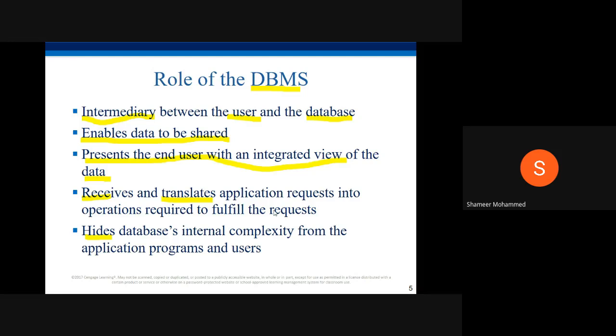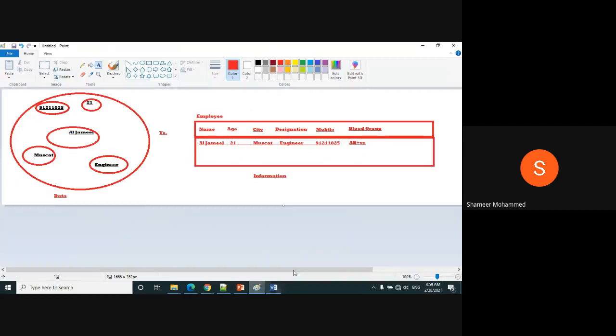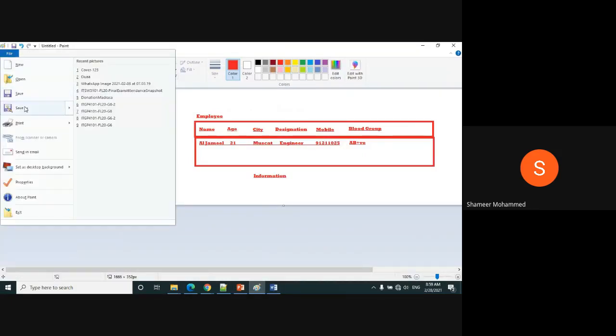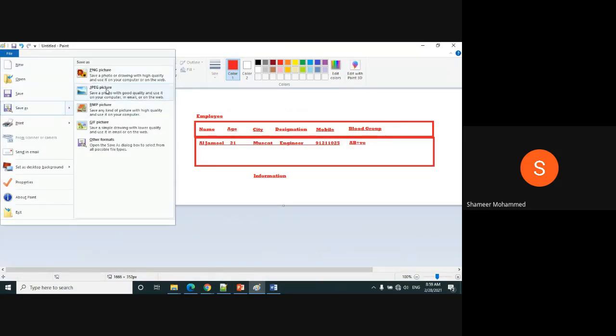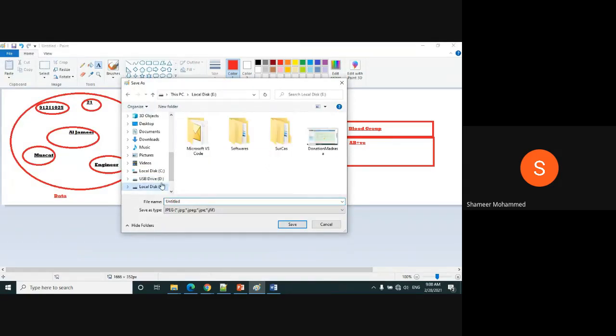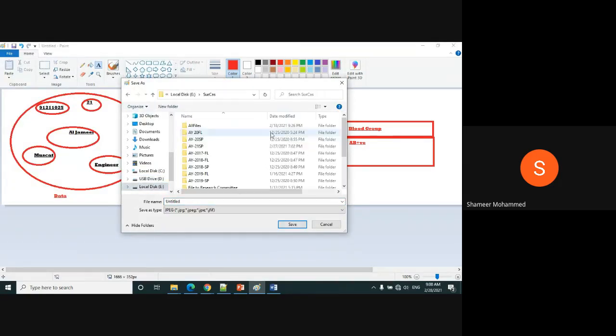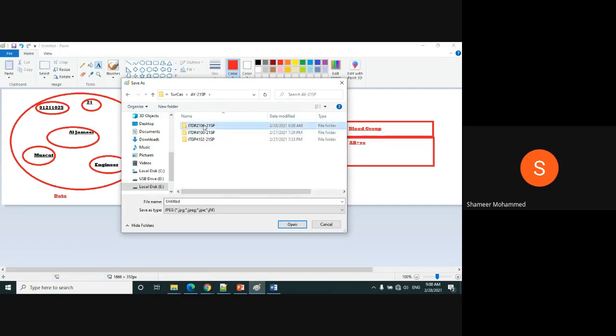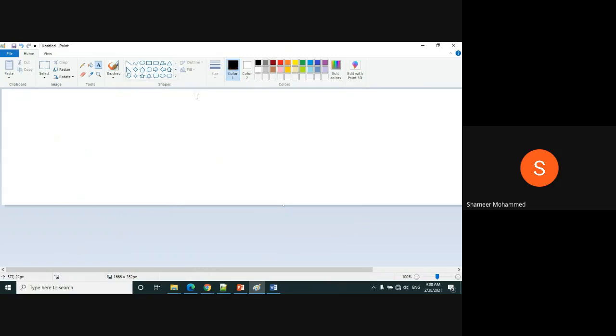Here I will save this picture so that it can be used for the other sections. Data versus info. Okay, then next.